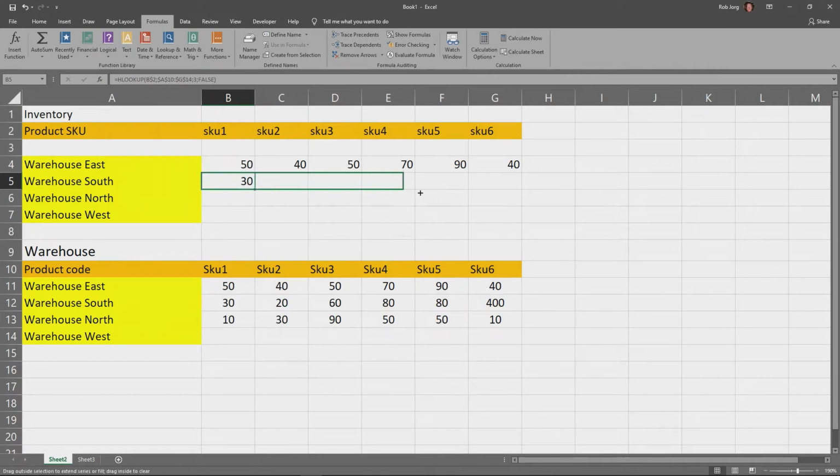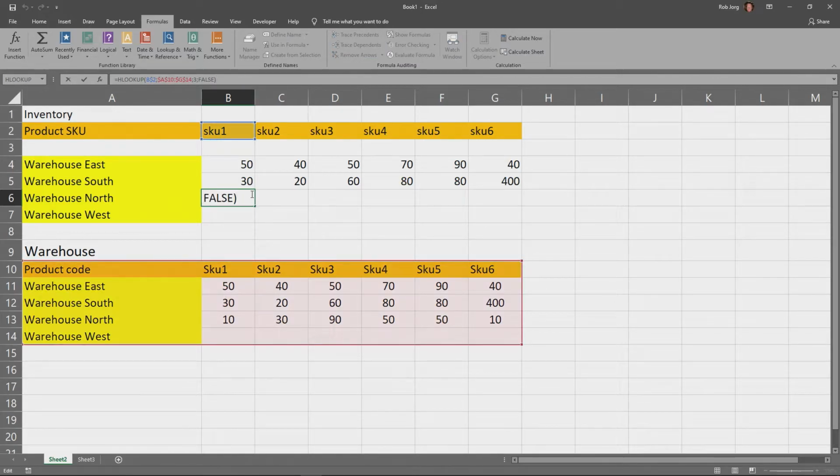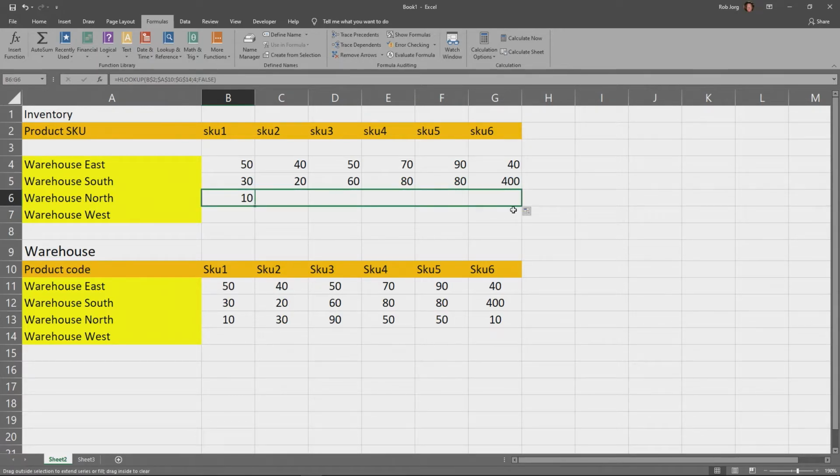When I copy this over, I get a perfect score, or what do you want to call it? But if I copy it down, what I'm getting is, again, 30, but that's because it's returning from the correct SKU, from the correct array, the third row. So I have to change that to 4. And now I can copy it over, get the correct answer.